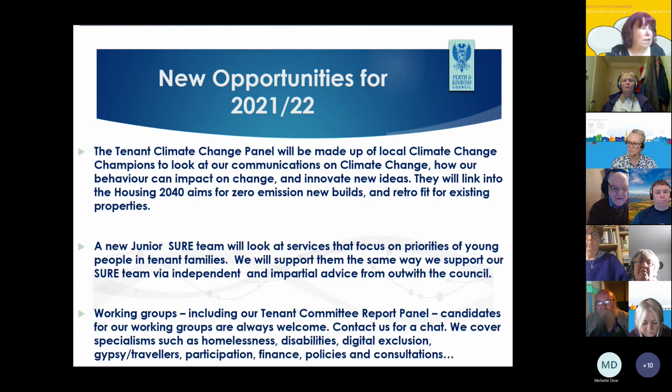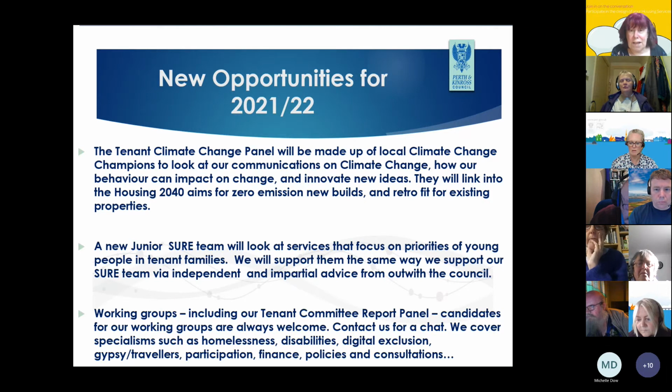So these are some of the opportunities that we've mentioned in passing. The top one, we talked about Housing 2040. Lynn mentioned it earlier, thank you for that, Lynn. We've been looking at it in all our housing strategy, and through how we change our work. My colleagues in the TRP team won't mind me saying they've been writing essays on it for their current studies, because they're all becoming very clever at the minute. This is a very important part of what we're deciding to do in the future and how we interact with you.